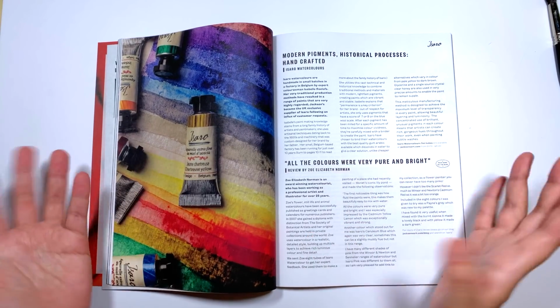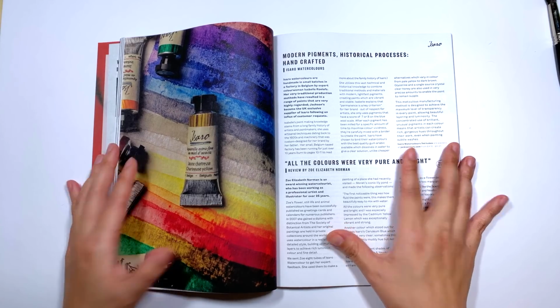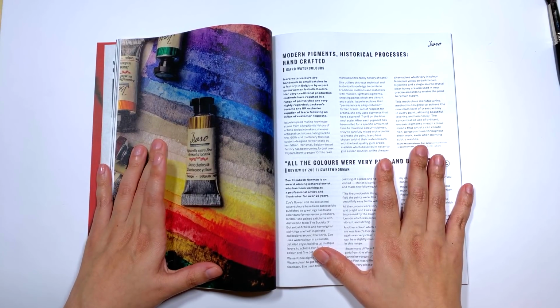But for now, I just wanted to share this with you because we love art supplies, and who doesn't love a magazine about art supplies? I got very excited. So have fun reading this,